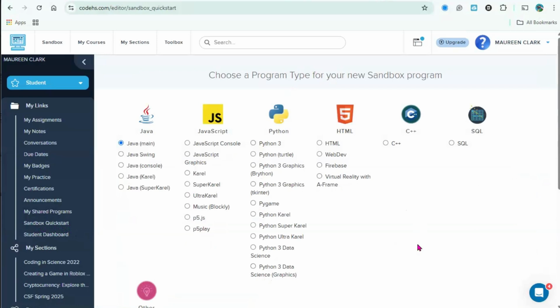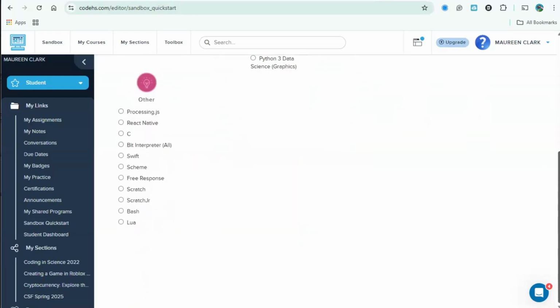I want to do something else, but I don't want to delete it all. Just make a new sandbox. You can have as many documents as you want. So you're going to go to Python Ultra Carl. So we need to select that one. And then if we scroll down,